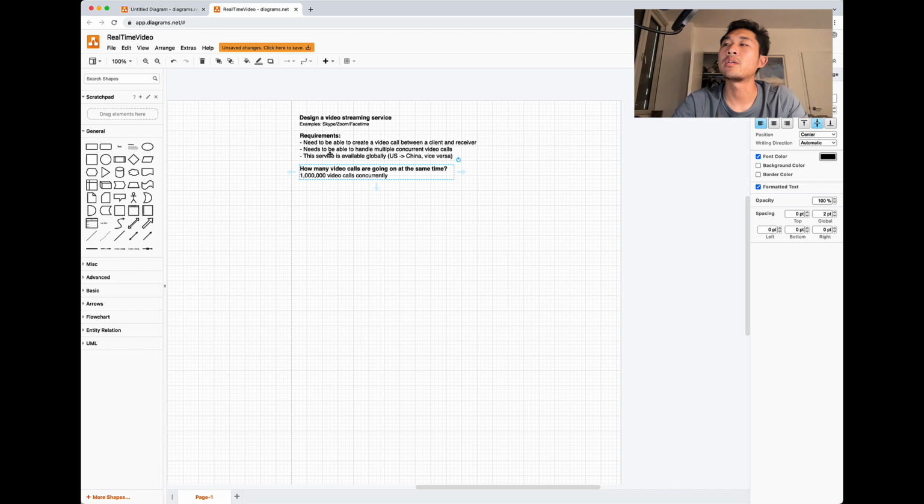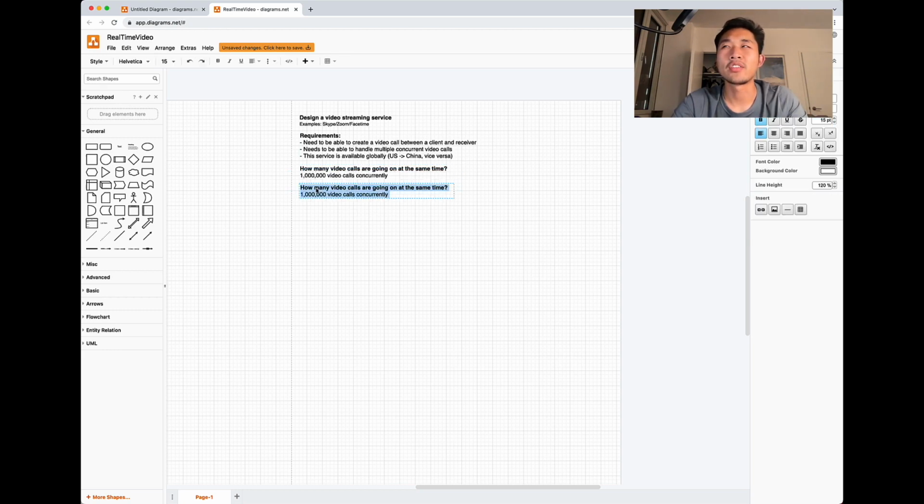And then the last bullet point, that this service is available globally, US to China and vice versa. So what does this tell us? That means that we need to keep a certain minimum latency, because if a video has any lag, it suddenly becomes hard to watch for the people in it.